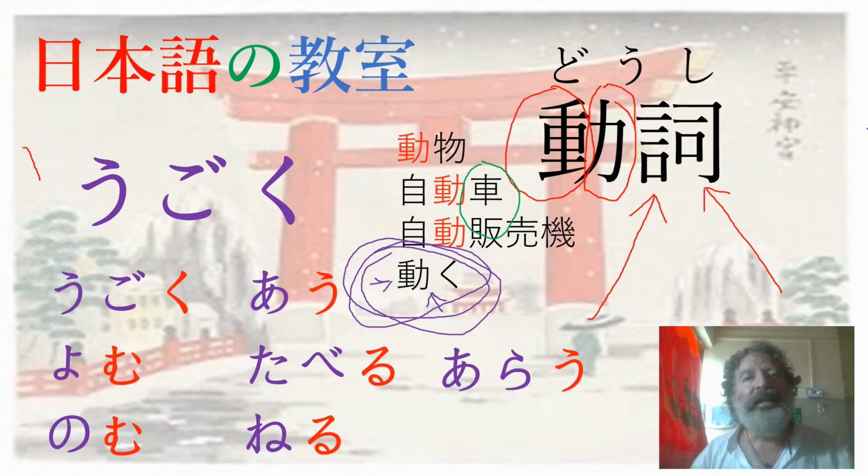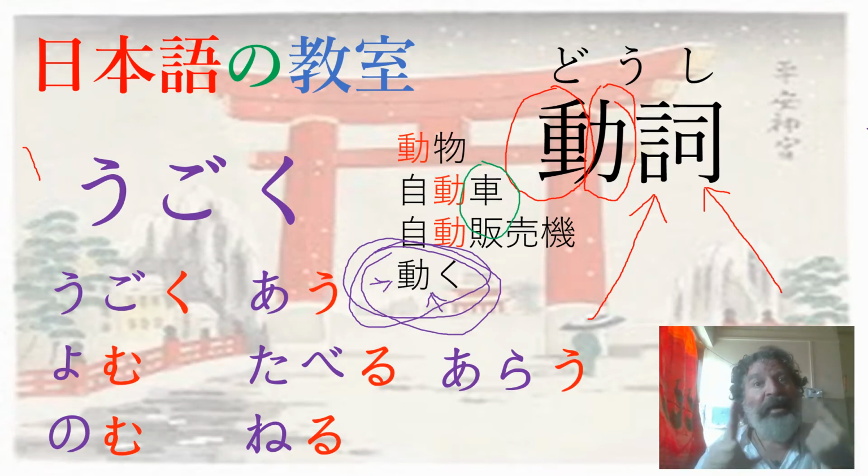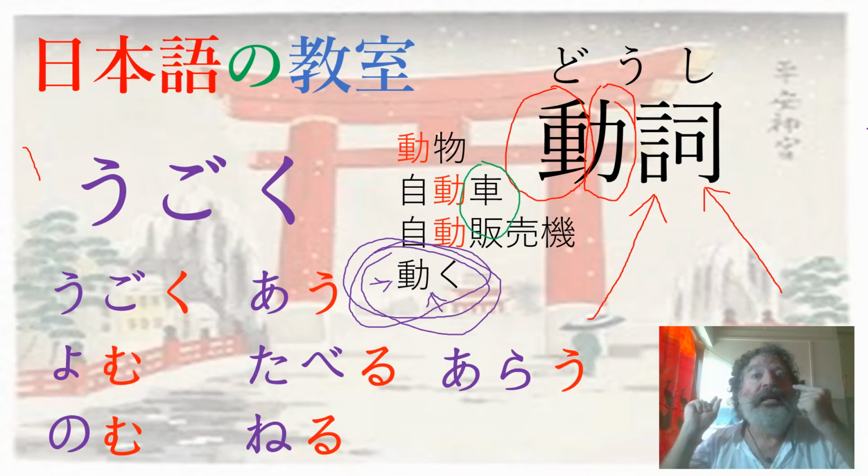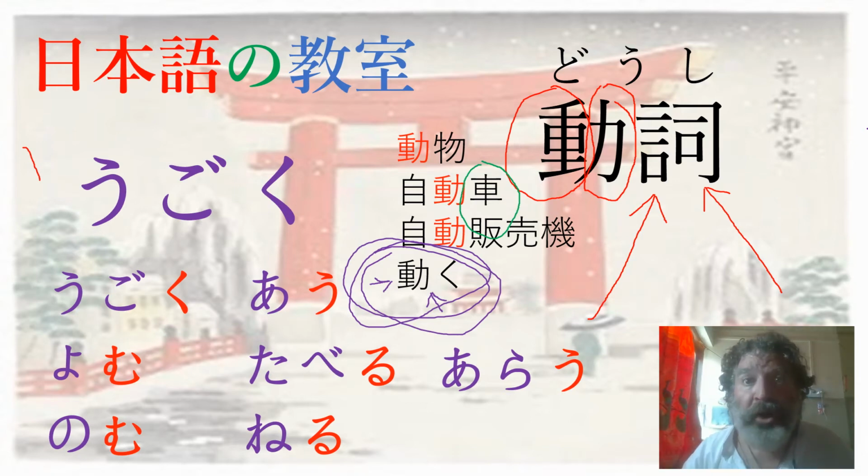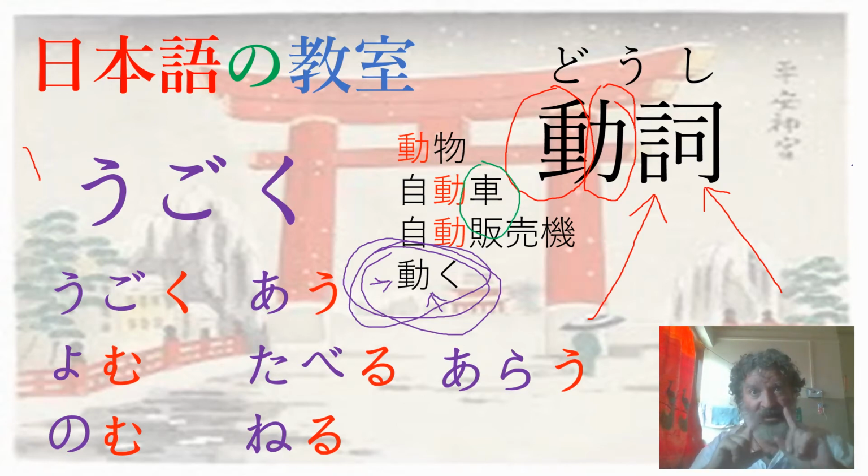It's not frequently done. 2つの目があります。人間は2つの目があります。ほとんどの動物も目を2つあります。